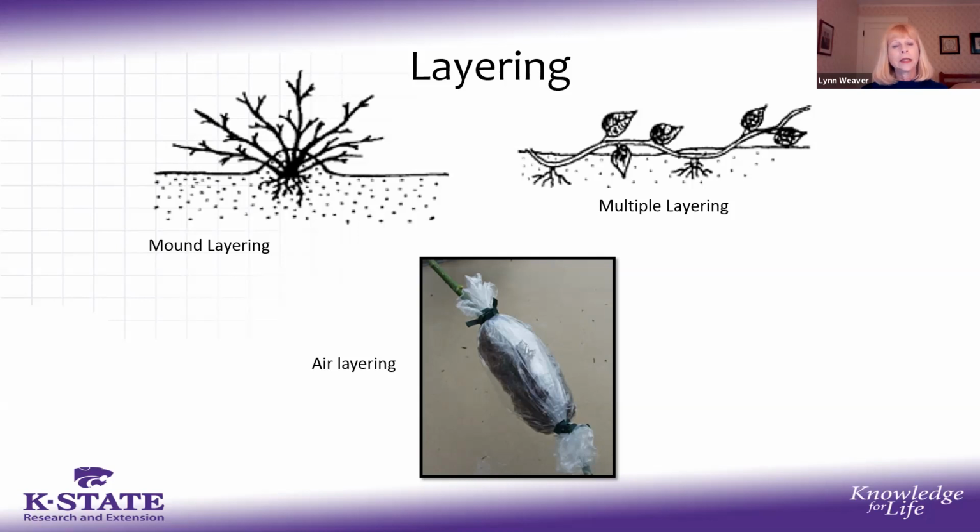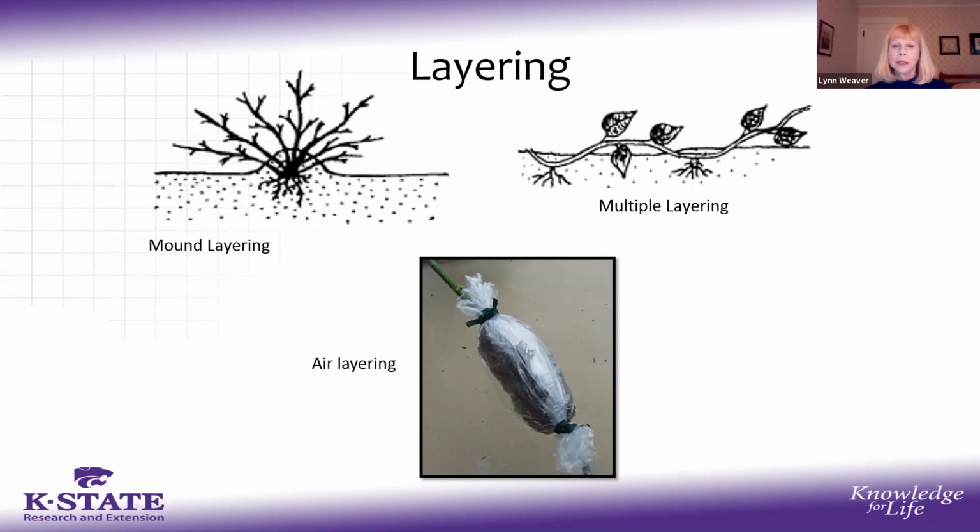Air layering is often used on tropical plants like fiddle leaf fig, Dieffenbachia, rubber plants, also works on holly and magnolia. What you do, a stem or a shoot is wounded with a shallow cut or by gently removing a ring of bark around the stem. And then a plastic sleeve with moist sphagnum peat moss and rooting hormone is wrapped around the stem and secured at both ends with a twist tie.